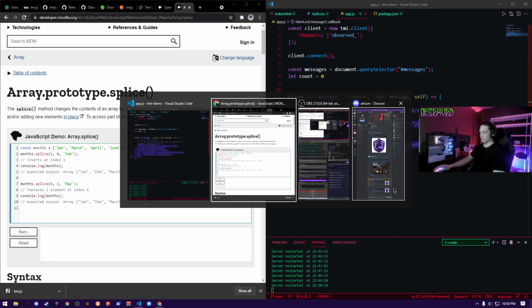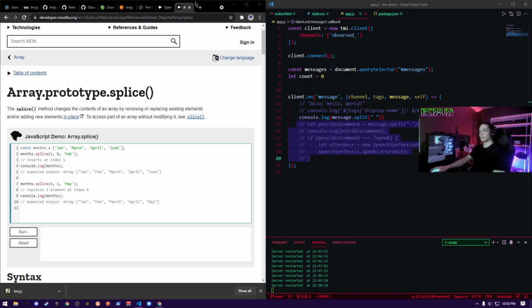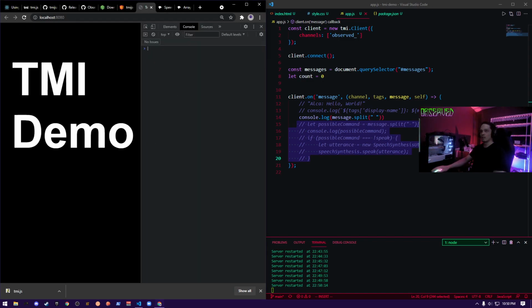So now when we have our messages here, one, two, you see we have an array of these words. It's splitting my whole paragraph up.